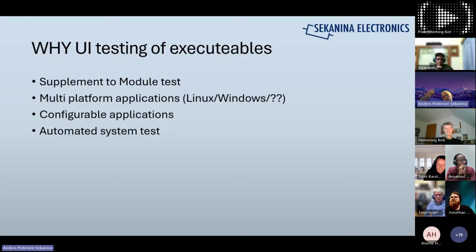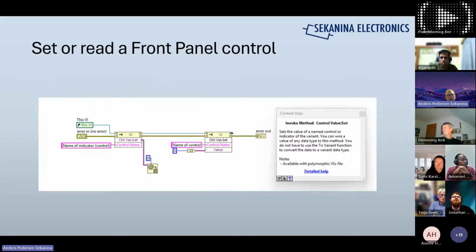And also, taking it to the next one, for example, this is a GUI for a hardware and simulation system. Then you can also use this system to click on the different things, so you can do a complete system test of also your simulation or your hardware side of it.